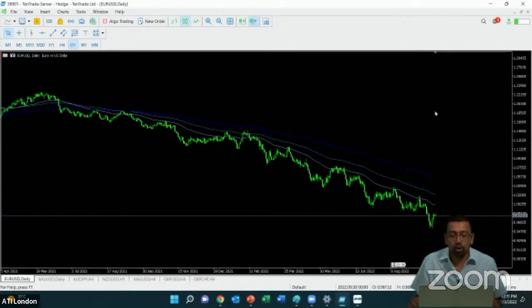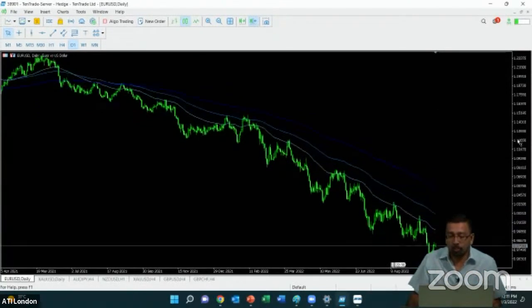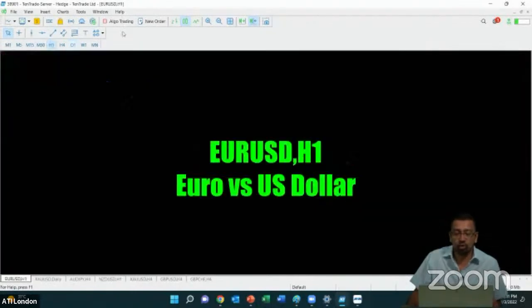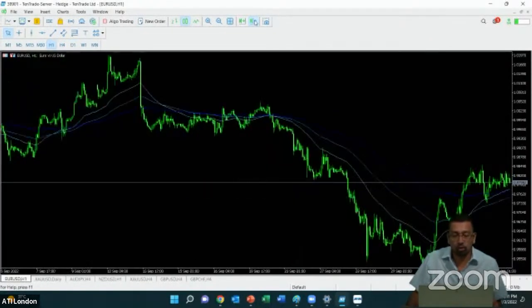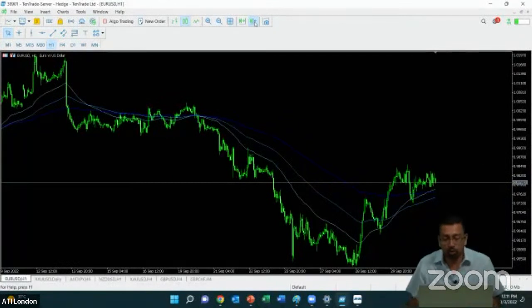Okay, so we are looking at trend wise. Let's do a bit of a trend analysis first. We start off with a 1 hour chart, especially with Euro USD. The current price right now is at 0.9798. But the problem is, trend wise, according to what we can see technically on the three lines, it's very, very unpredictable. So there's no clear trend as yet on the 1 hour chart. That means no trade as well,